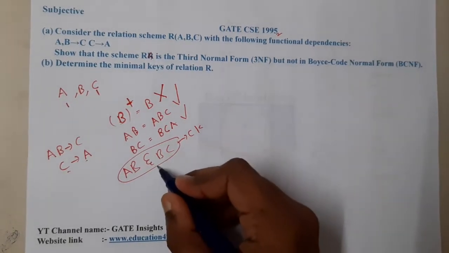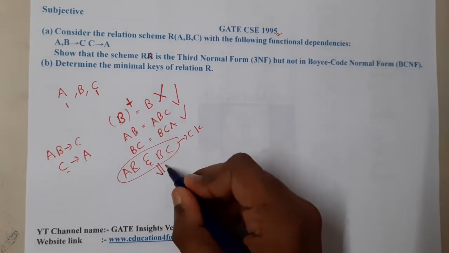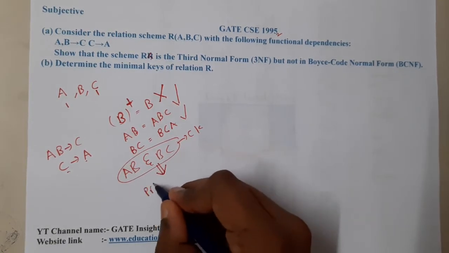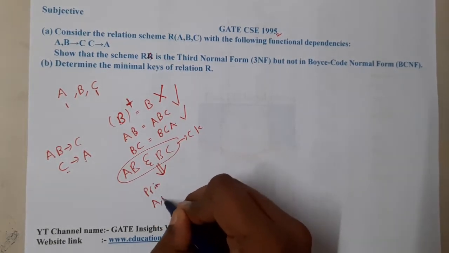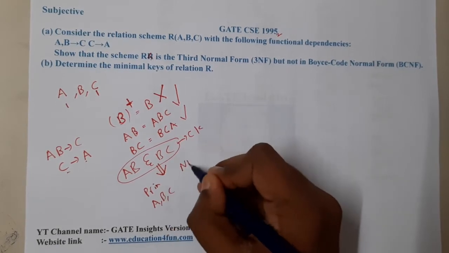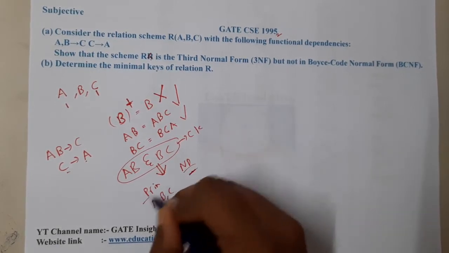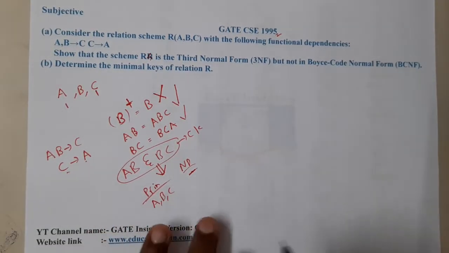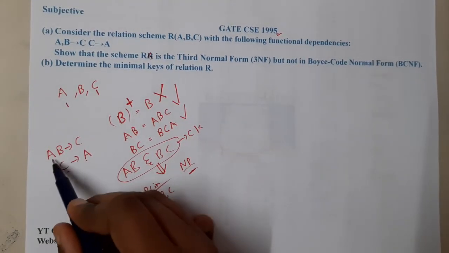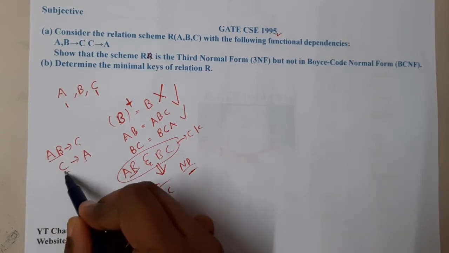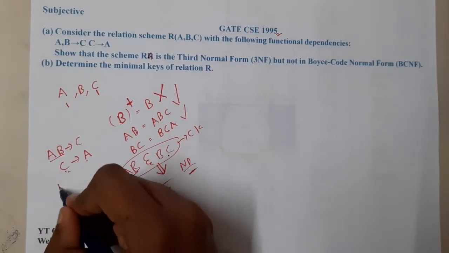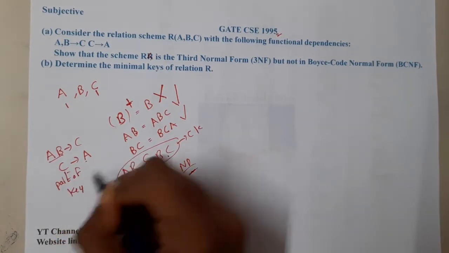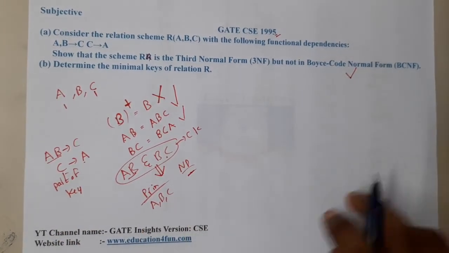What are the prime attributes here, guys? Prime attributes are A, B and C. Non-prime attributes are nothing, right? Okay. Now let us check the question. They are saying it is not in BCNF, so let us cross check. AB is a candidate key, but C is not a candidate key, it is only a part of a key, right? With that understanding, this particular statement is true till now.